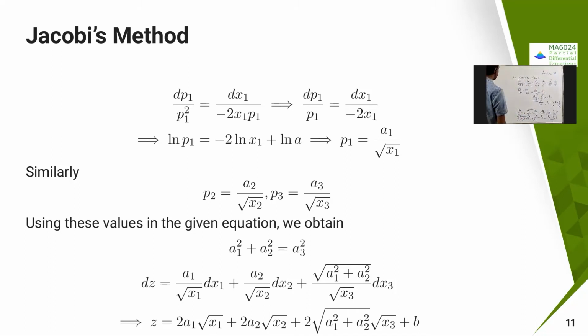Okay, so let us substitute these values in this equation. If I substitute that, you are going to get p1 square, so it is going to become a1 square divided by x1 square is square root of x1, which is going to be multiplied by square, therefore x1 is going to cancel, so x1 square into x1 is going to be that, therefore these two are going to become 1. Similarly, you are going to get a2 square into square root of x2, so x2 cancels. Similarly, minus a3 square equal to 0.